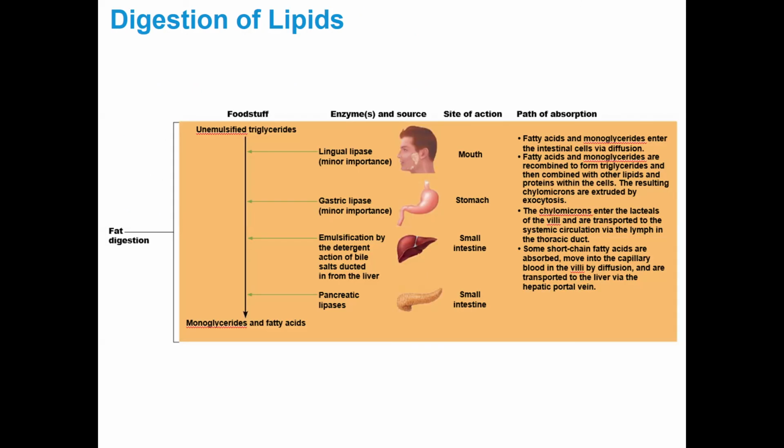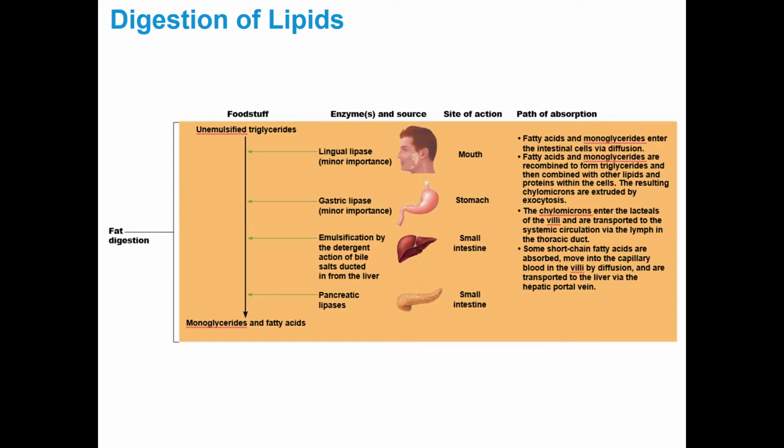All right. So in terms of the digestion of fat, this is a pretty similar picture to what I showed you last time with carbohydrates. So remember, we need enzymes to break them down. In terms of fats, the enzymes that break them down are lipases. So we talked about that there's an enzyme that comes from the tongue, lingual lipase, that starts the breakdown of fat in the mouth. We get a little bit of breakdown in the stomach, but really where things happen is